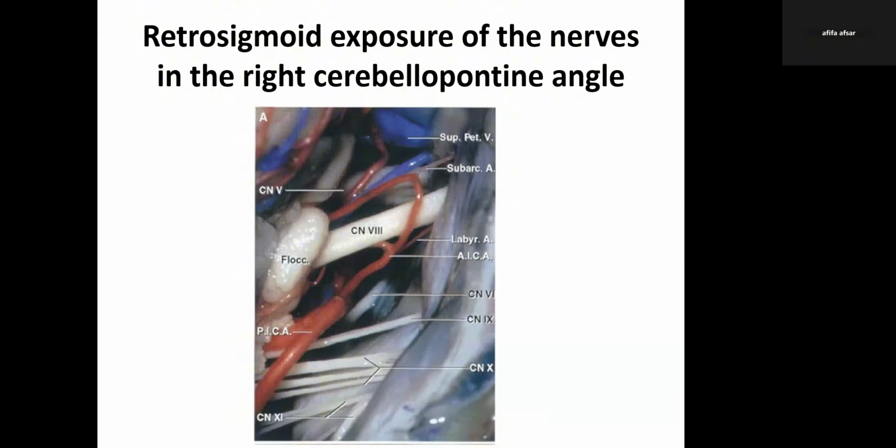We can also appreciate the lower cranial nerves, cranial nerve 9th and 10th, which are separated by a dural septum in between. These couple of rootlets are basically cranial nerve 10th, the vagus, and cranial nerve 9th is present here. We can see the vertebral's branch, the PICA, which loops rostrally and then takes a caudal loop and turns to supply the medullary surface and suboccipital surface of the cerebellum.